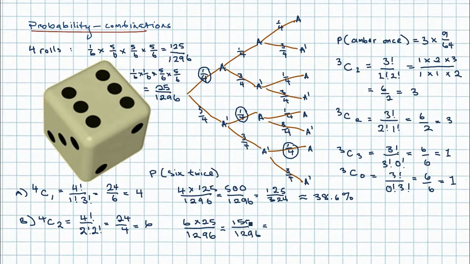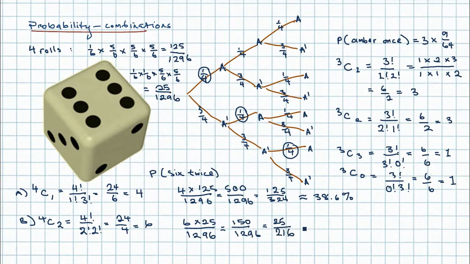And I'm going to use my calculator to simplify this one, so I don't have to do the highest common factor and so on. So 150 divided by 1296 is going to give me 25. There we go, 25